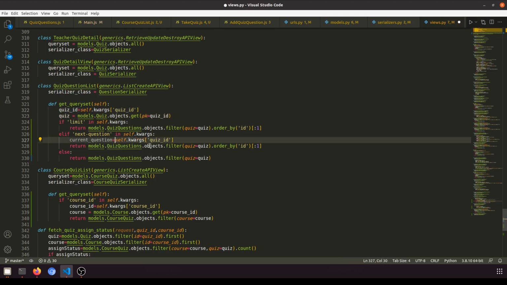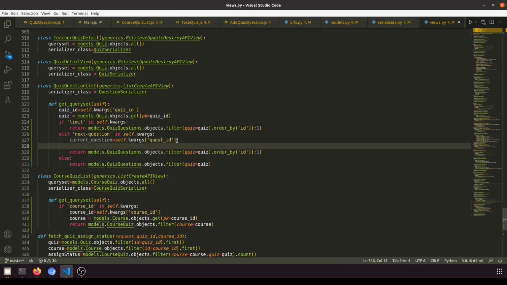Remove this, and this will be question ID. We will fetch the question data. So we will fetch the question data. Here we are. So question equal to quiz object filter equal to this current ID equal to current question first,